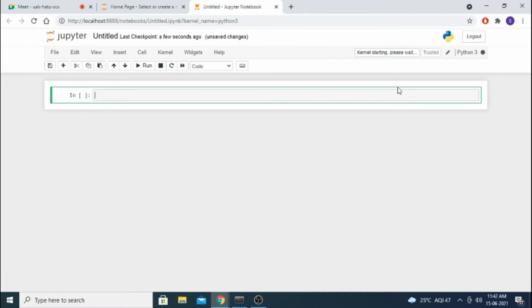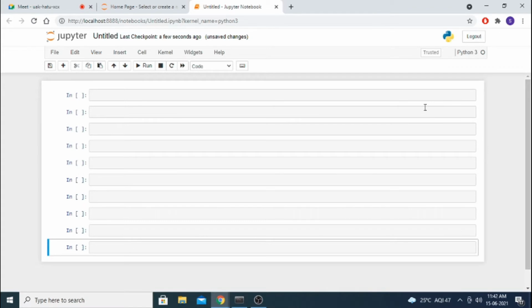Okay. Today's agenda. What is today's agenda? I am going to tell you the advanced concepts in list, tuple and dictionary. Then we are going to cover user-defined functions. Then we are going to use the user-defined function with the for loop. Then we are going with NumPy. Okay, those things we are going to do. If you want to add an extra cell, make it blue and press the B button. Below, we are adding a number of cells.